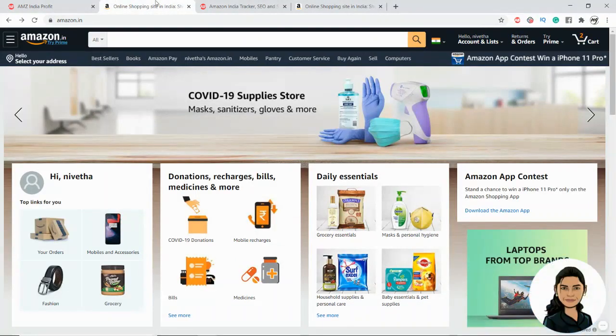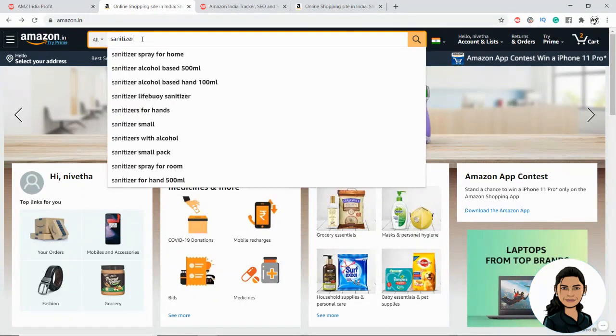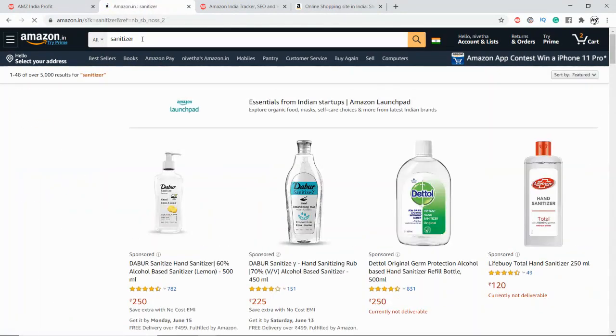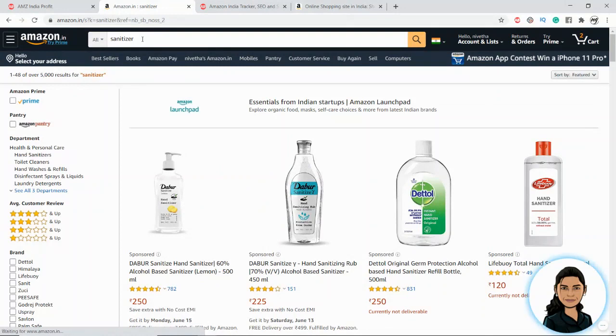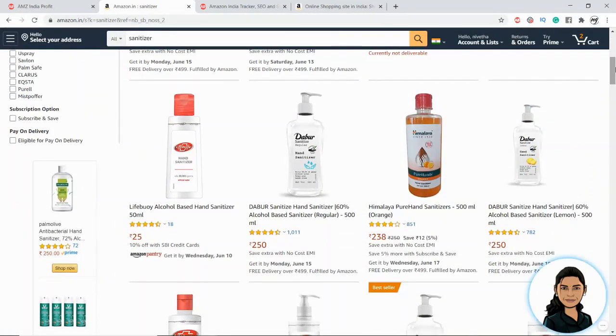So I have gone to this Amazon.in page. Consider that whenever you want to purchase a particular product, you will go to Amazon.in and search for the product. The term that you are searching is called a keyword or seed keyword. So consider that I am planning to purchase a sanitizer. I'll type here sanitizer and click on enter. This sanitizer is called a seed keyword. And if you're an Amazon seller, you should know the word sponsored, and these are ad products. It is sponsored ad products. Okay, and these are organic results.